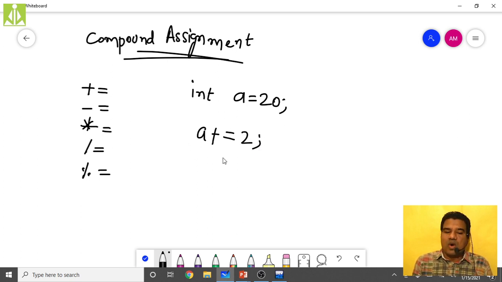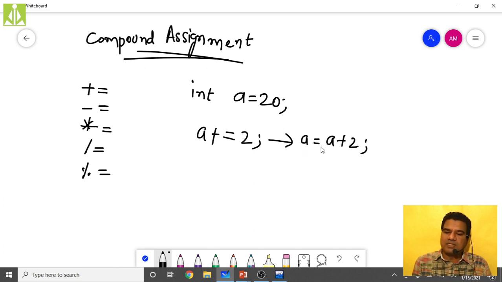So what does it mean for us? What will the value of a be after this particular statement? Writing like this means a equals to a plus 2. Instead of writing the same operand a twice, we have reduced it to only one a, removed the equals, and added the plus.